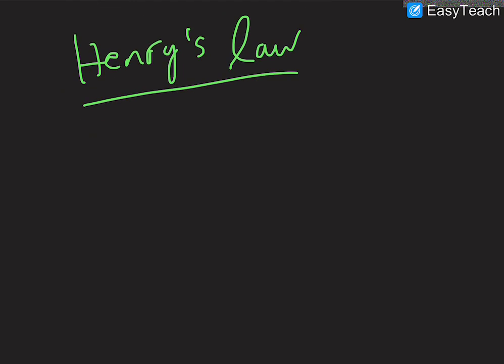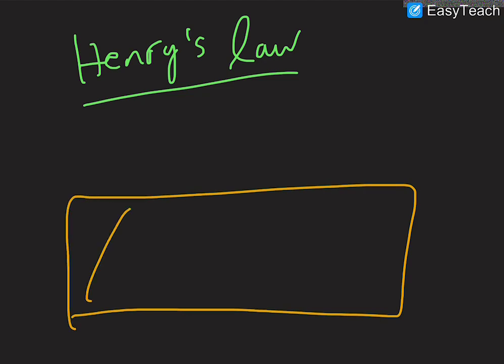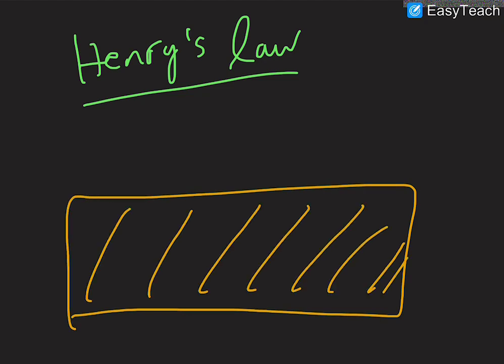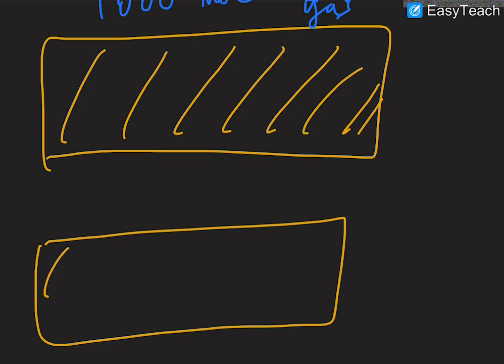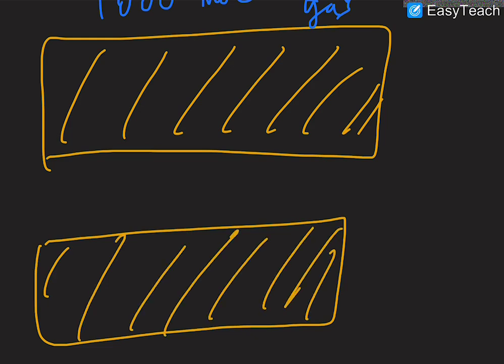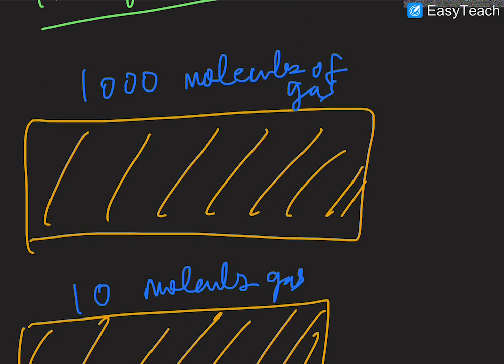So if you have a liquid here, let's say there's liquid in here, and if we just do an arbitrary number, let's say you have 1,000 molecules of some sort of gas. And then if you have that same gas and that same liquid, same amount of liquid too, if we just keep everything the same just for this example, and you have 10 molecules of that same gas, then what Henry's law states, again, is the amount of gas